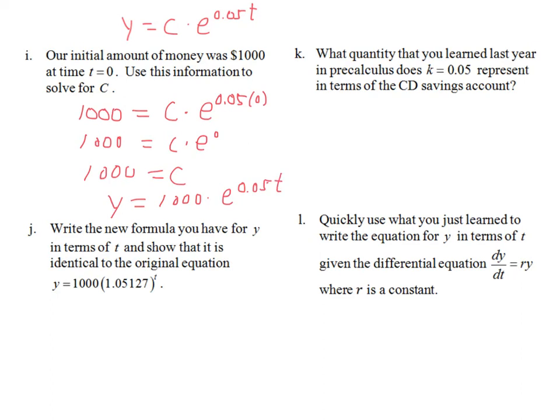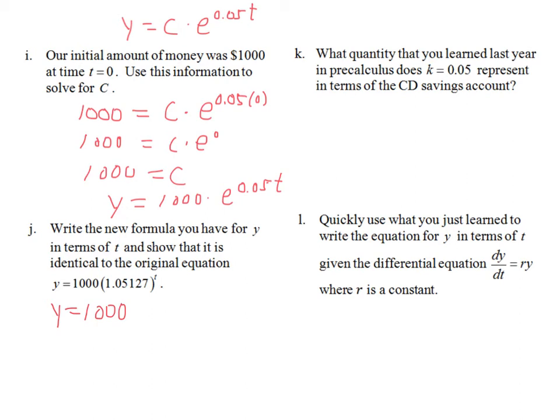Now we see in letter J, we're suggesting that this new formula that we just got here is actually identical to our original equation, 1,000 times 1.05127 to the t. Let's show that it is. Okay, so most things seem to be the same. We've got y equals, we've got 1,000,